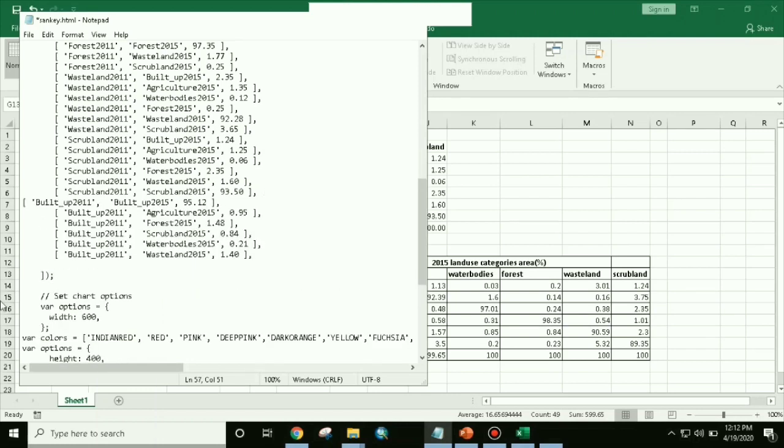What we have to do is just change the year, 15 to 19. So I need to change this, and need to change this one as well.